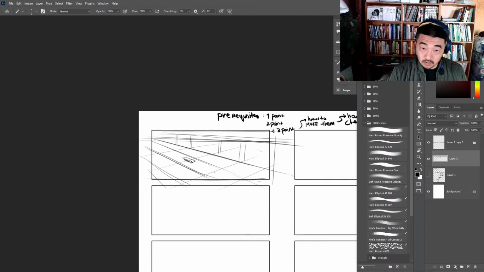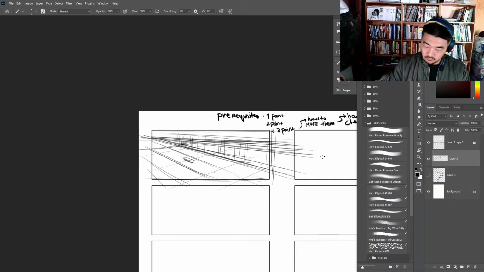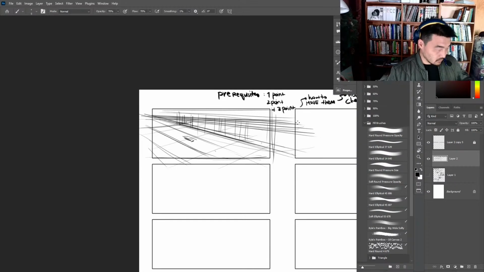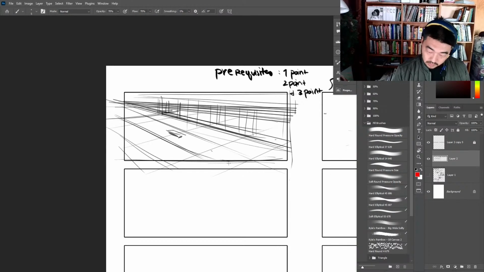Car right here. So we got this right here, and then we are gonna go in this way.